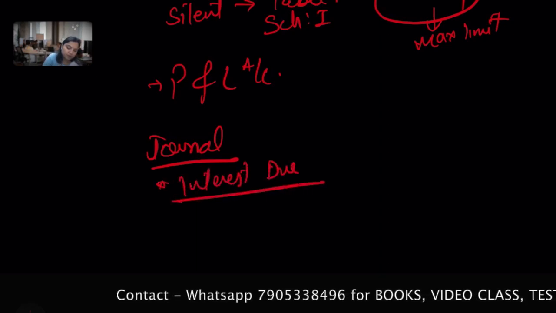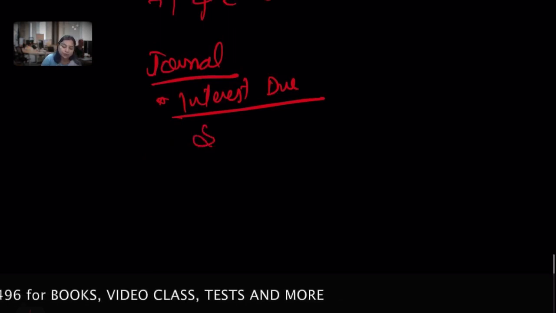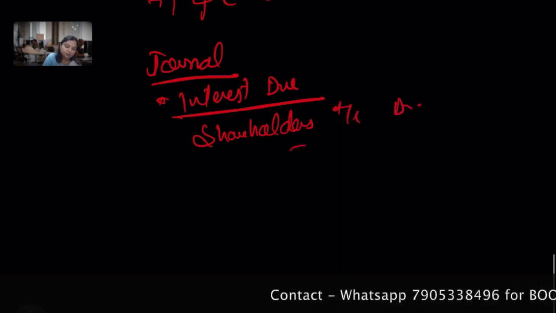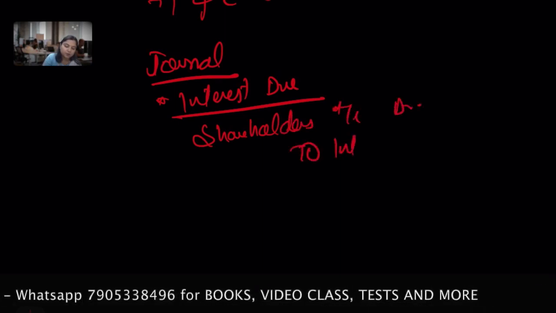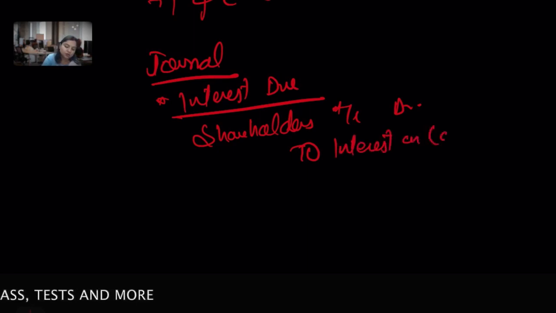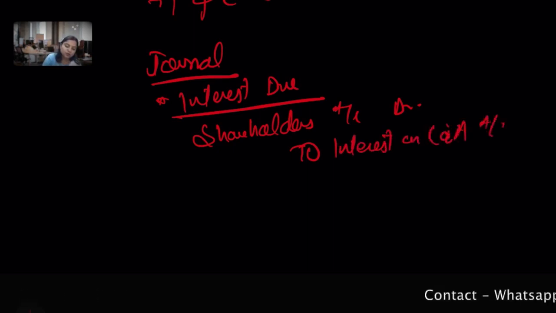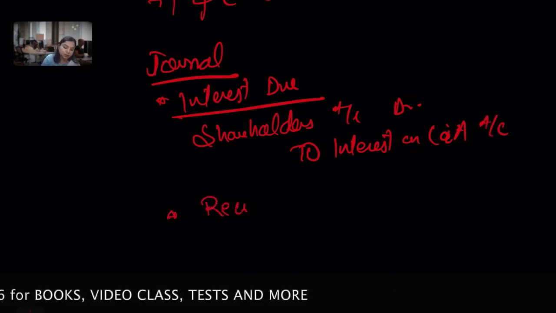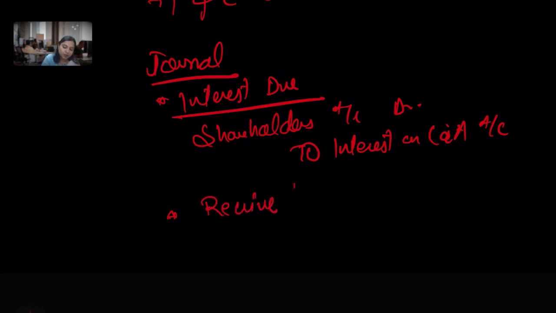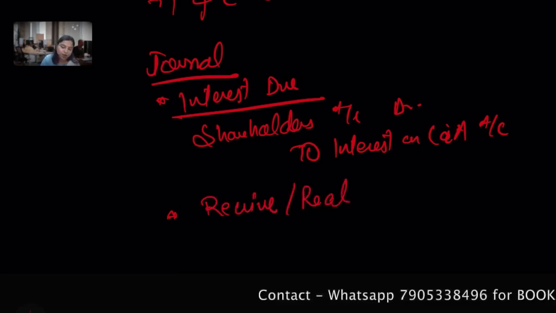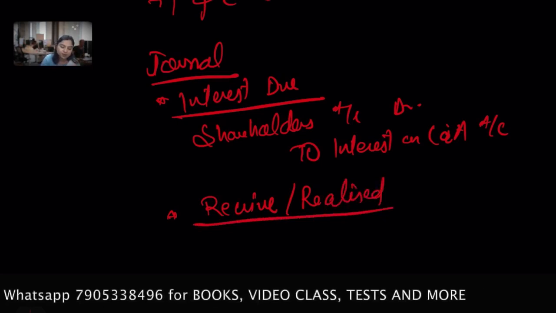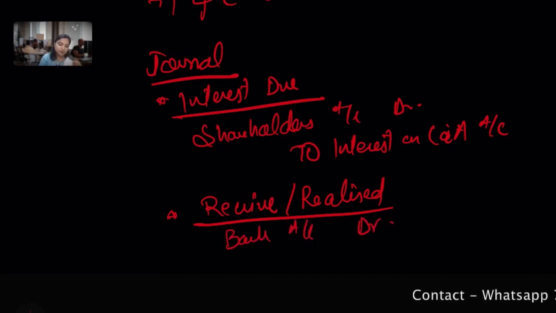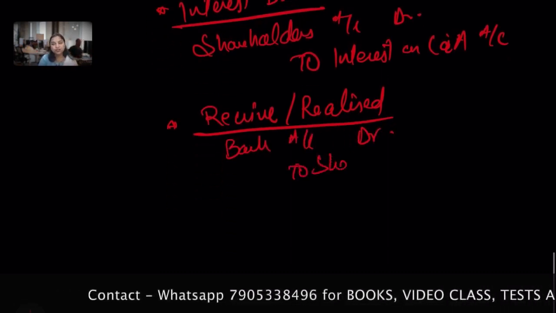Interest. First we have to due the interest from shareholders. So shareholders account debit to interest on calls and arrear. Interest on calls and, I'm writing shortcut, please avoid for the purpose of examination. So if you pay, a company received the interest or actually realized the interest, there is money which comes in. So bank account debit from whom? From the shareholder to